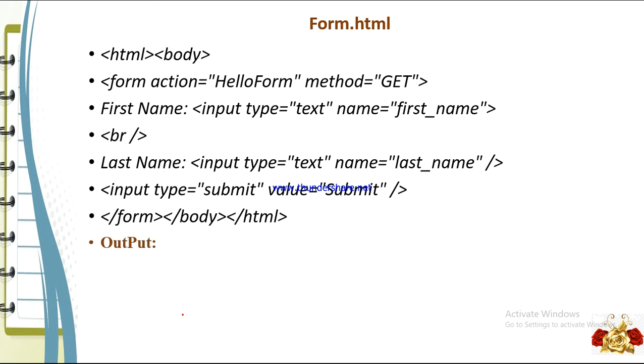What is the output for this program? This is the output, the first name and last name. This is the form representation. You enter the first name and the last name, then you submit. What is the process for this program? So this is a simple example for setting session cookies.